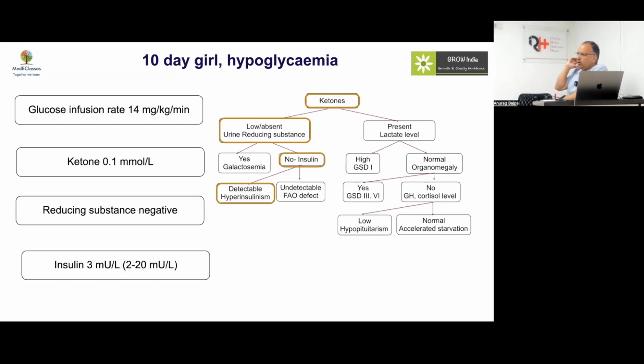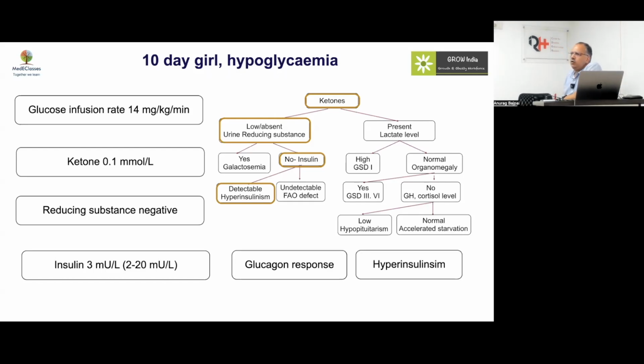You will need to know what history will give you the clue. So that is too late now. Ten days is unlikely for persisting birth weight. So whether it's SGA or LGA, there was a glucagon response, hyperinsulinism, and it was found to be potassium ATP because it was a macrosomic